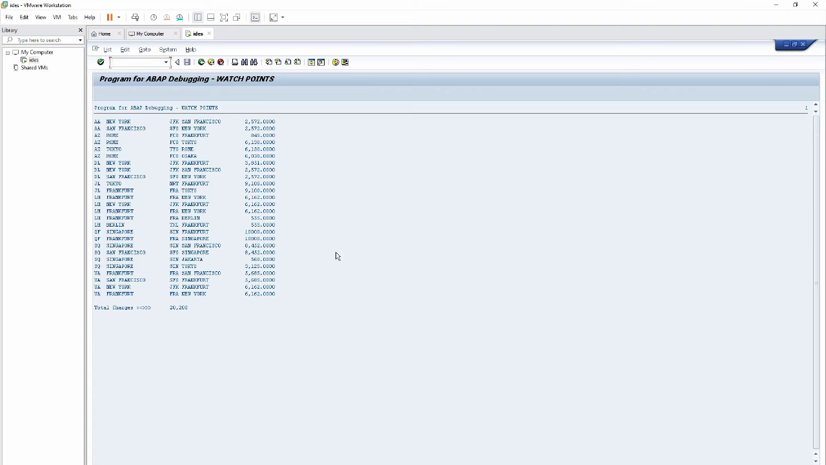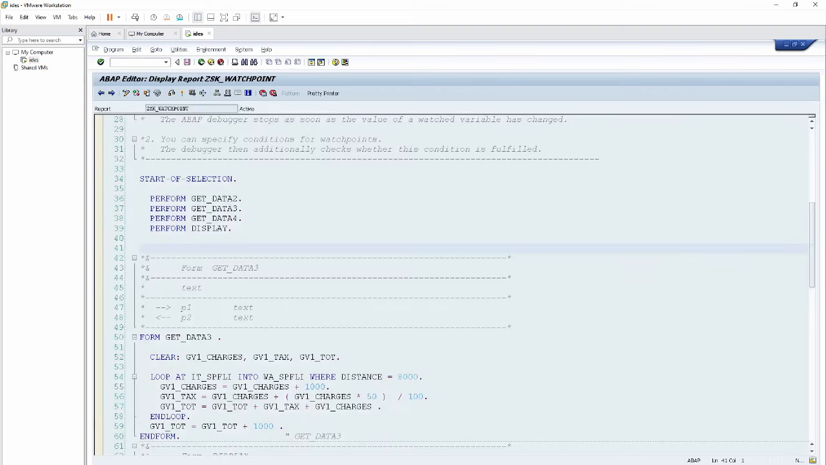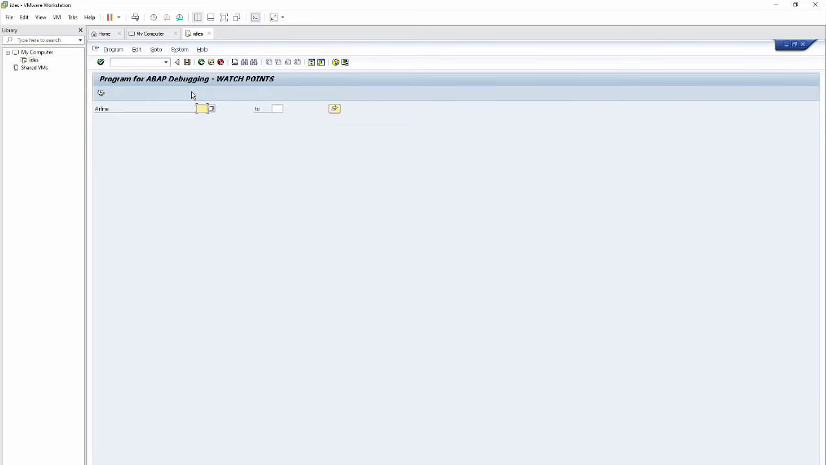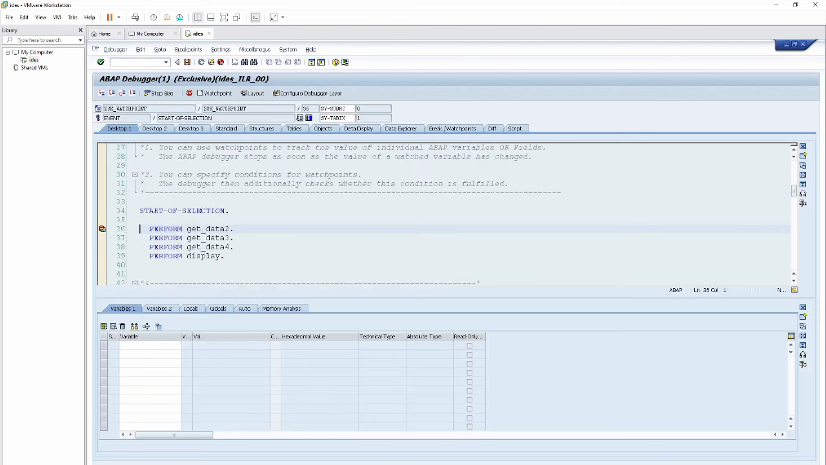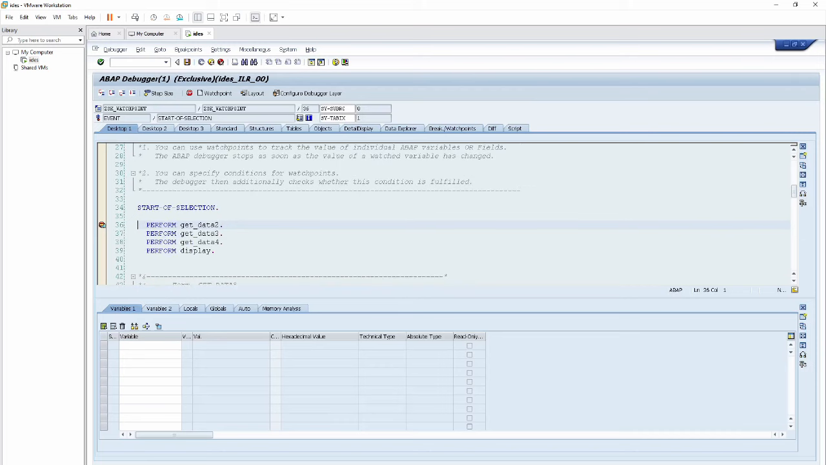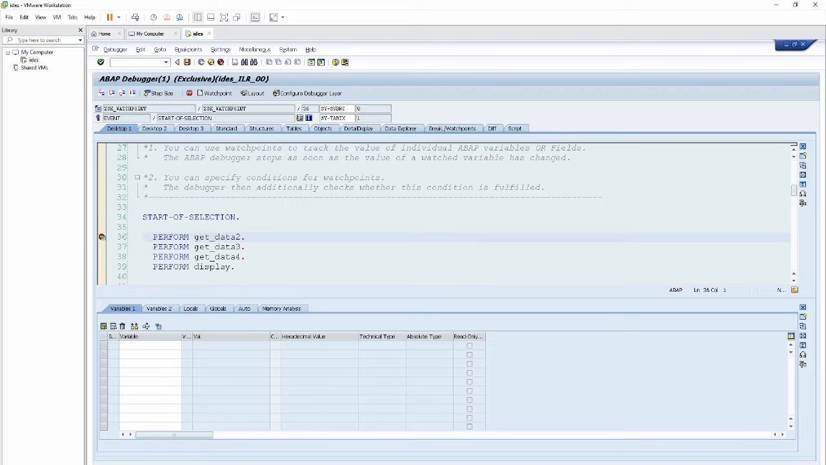So let's begin. I have put a breakpoint here and I executed the program again. Our program goes into debugging mode. Let's make it bigger so you can easily view. Okay, right. So I press F5,